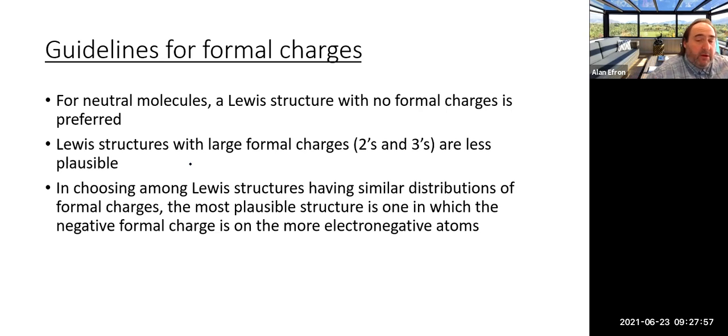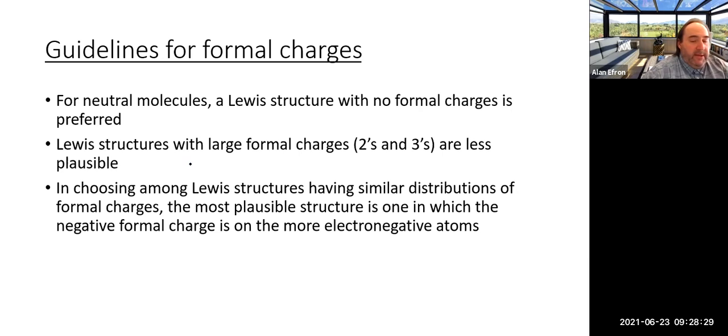And that's probably going to be the best structure that you could draw if you go around and everybody ends up with 0 in terms of formal charge. When we get formal charges of 2s and 3s, those are probably less likely to occur. Again, the idea of bonding is to minimize everything, minimize charging, minimize overall charge. And again, if we end up with 2s, 3s, 4s, or anything larger than that, it's probably not the